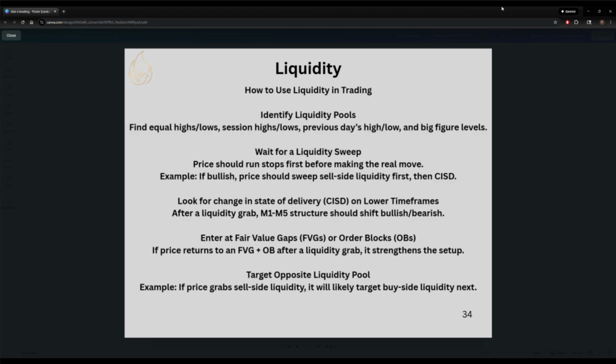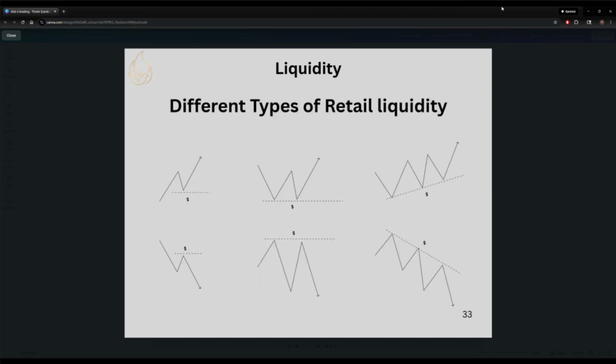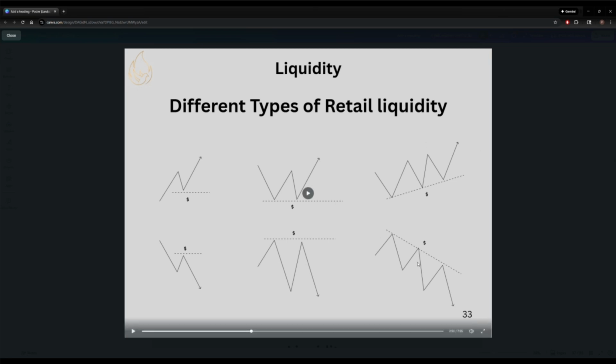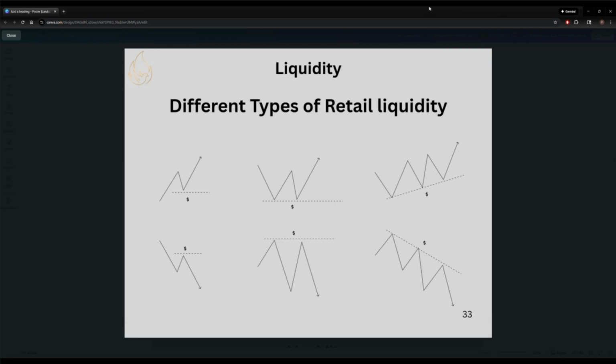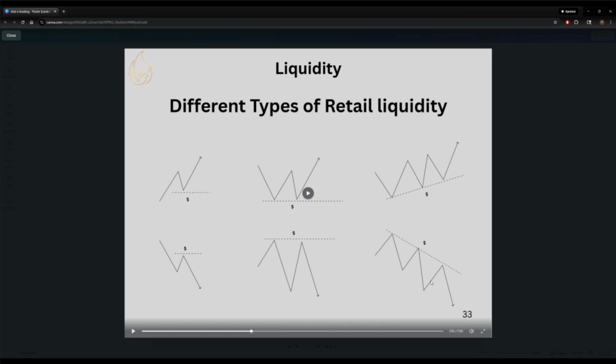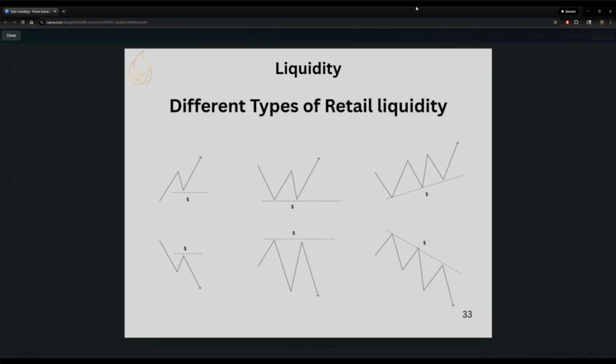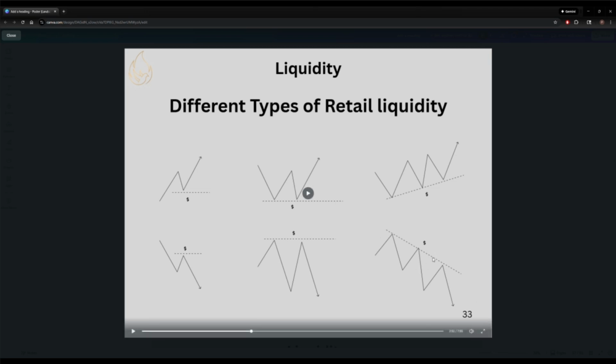And would the third example be better than the first one? Would that be stronger liquidity? They're all the same, bro. But the more times you see it touch, it's like building a lot of liquidity. There's money there. You know what I mean? So when you see something like this